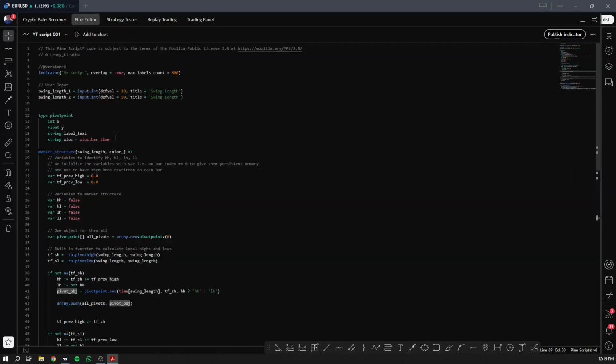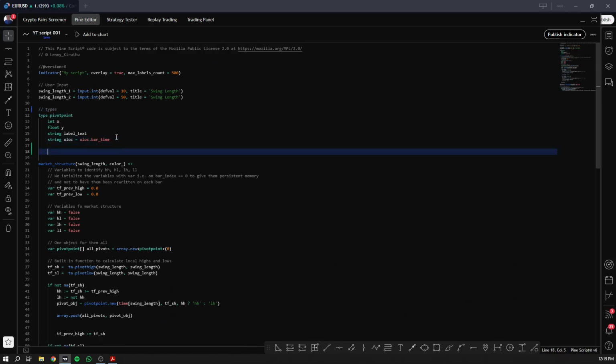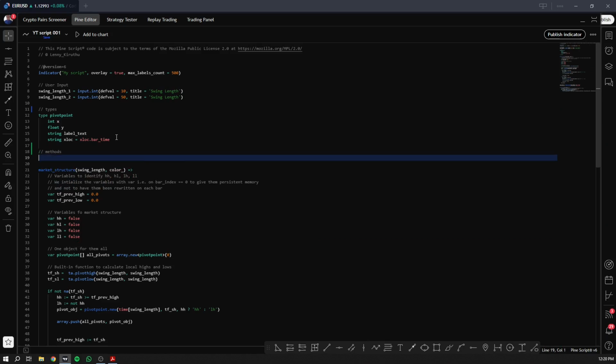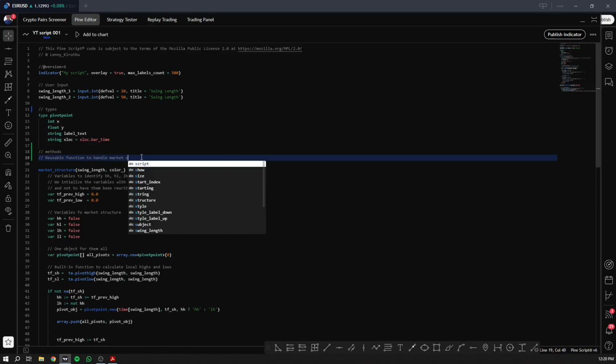So up here, these are our types, right? Now next we'll create our methods, which are essentially functions that work on our types, and it creates this kind of OOP kind of coding. OOP standing for object-oriented programming, right? So let's create a reusable function, in this case a method, since they are practically the same thing, to handle market structure